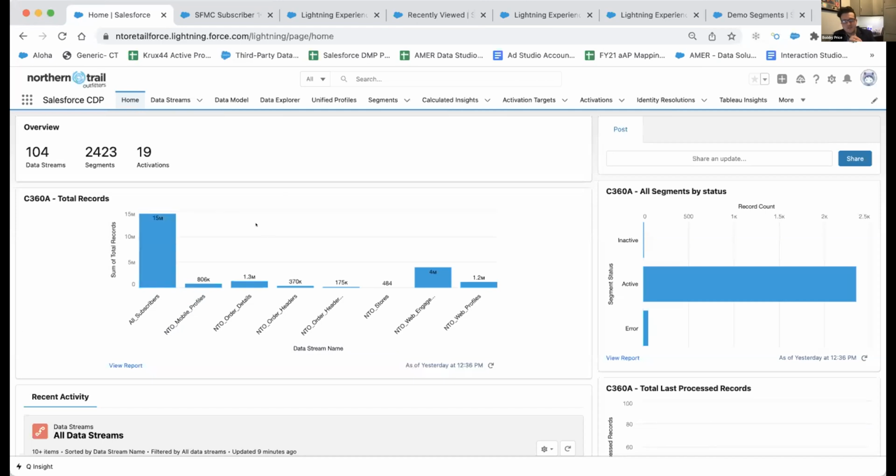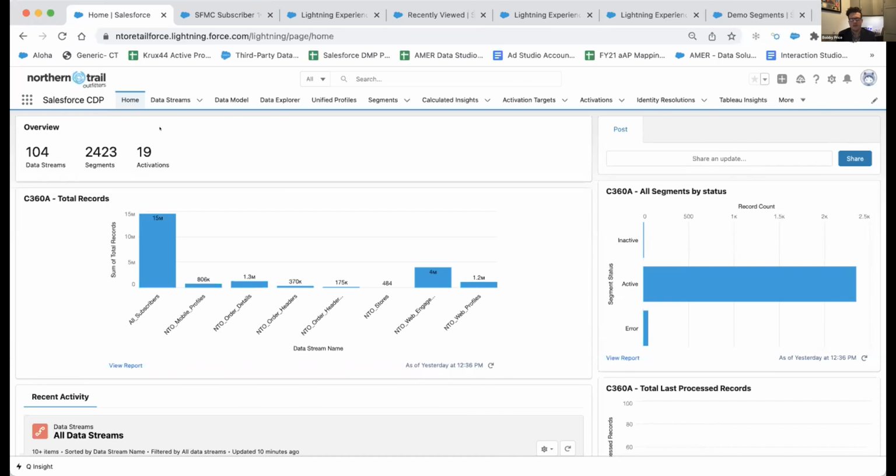All right, cool. So as Gina mentioned, we're now ready for the demo. So welcome to Salesforce CDP. Right now, what we're looking at is the home screen of the CDP. So what we can see here are the total number of data streams that we've ingested. So a data stream is the different streams that you brought in from your either internal or your external clouds, the segments created with the data from that, and then the actual activations.